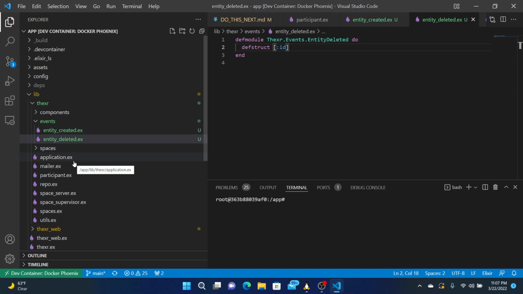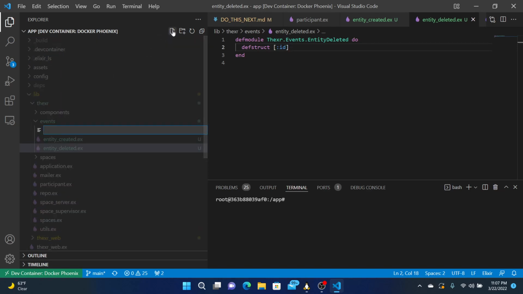What else can you do? You can parent one to the other. So entity parented.